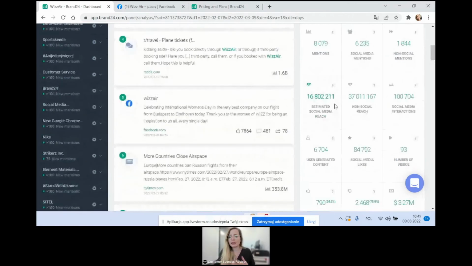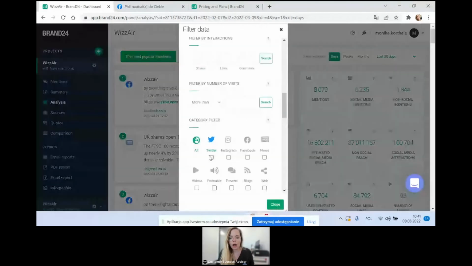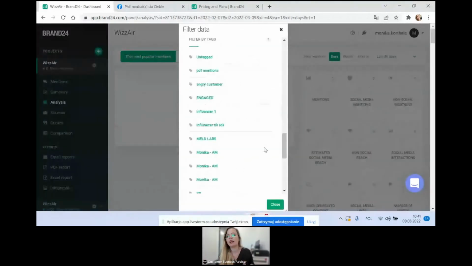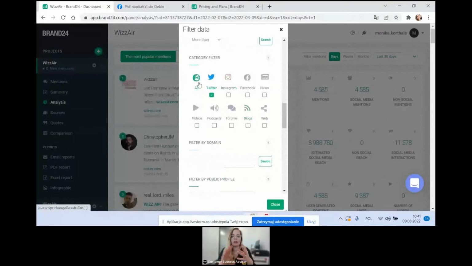And these are basically the metrics that you will be able to find here. And like I said, if you would like to focus only on one category, let's say you want to measure your brand presence on Twitter, you can do it by basically clicking Twitter and the numbers will change. If you created any tags or any filters on your own, you can click on it and we will change